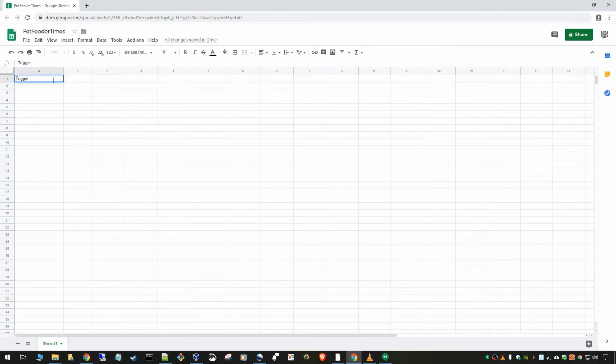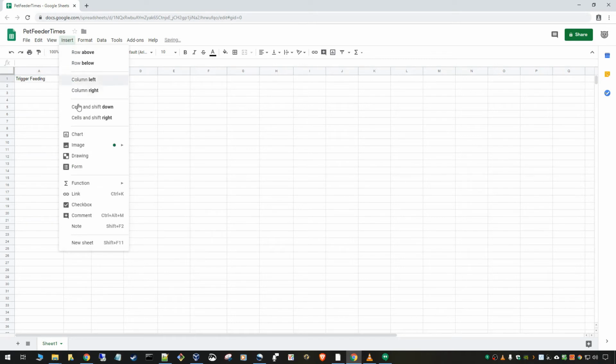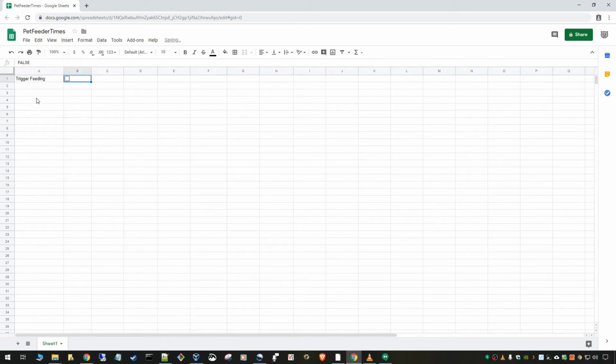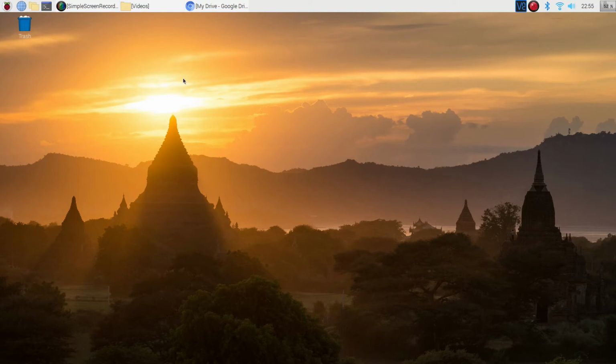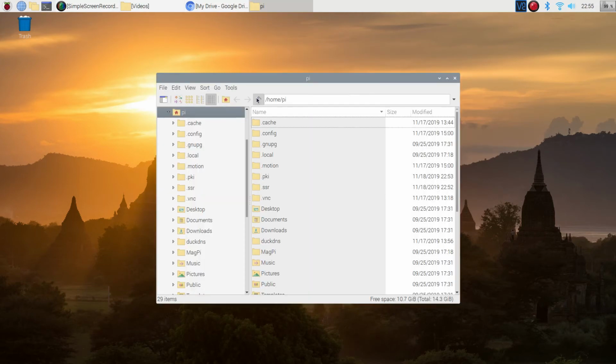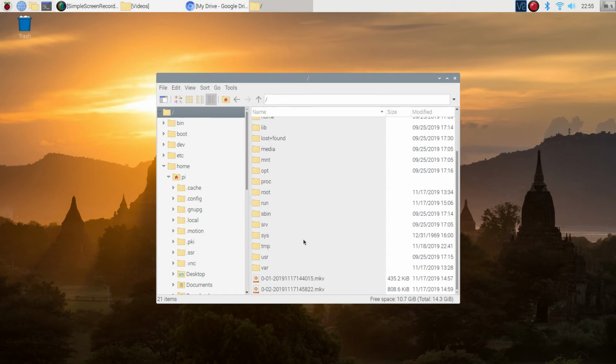So once that's done, in cell A1, you'll want to type in trigger feeding, and then in cell B1, you'll want to go to insert and insert a checkbox, and then into cell A3, we'll want to type in latest feed times. And after that, we'll want to head back over to the Pi if you aren't already on the Pi,